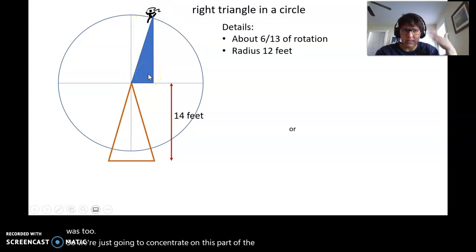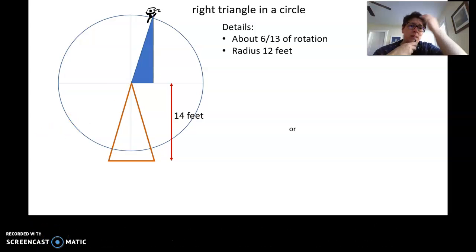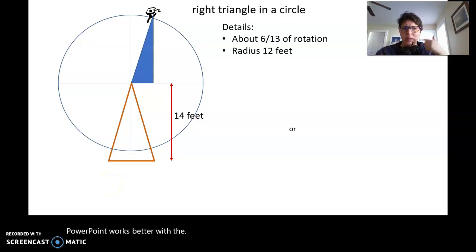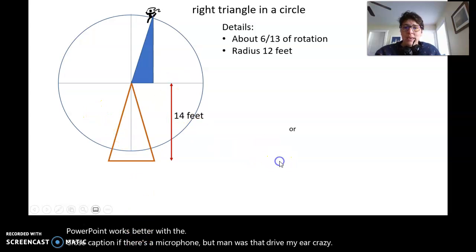I'm going to pause because these earphones are driving me nuts. Okay, PowerPoint works better with the closed caption if there's a microphone, but man, was that driving my ear crazy. Okay,